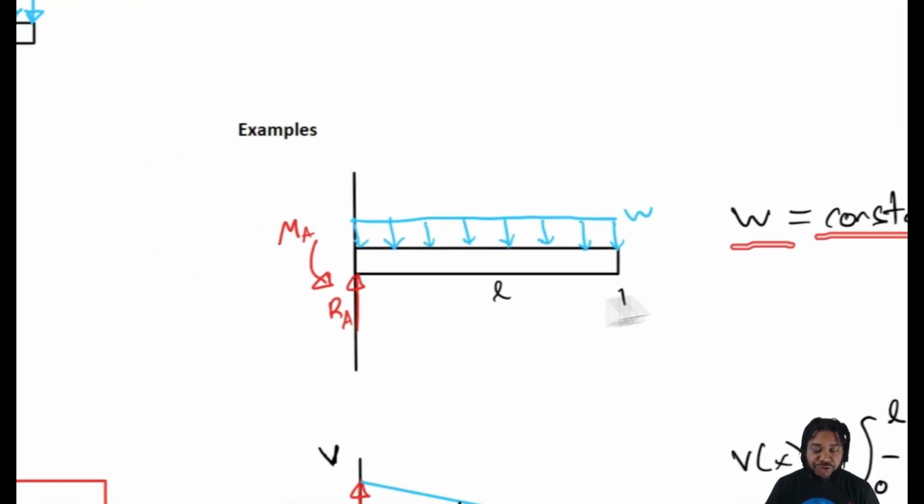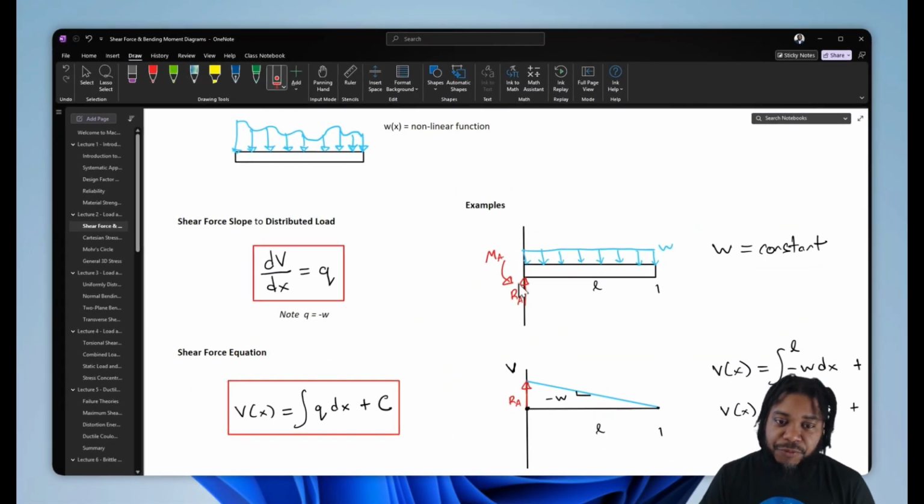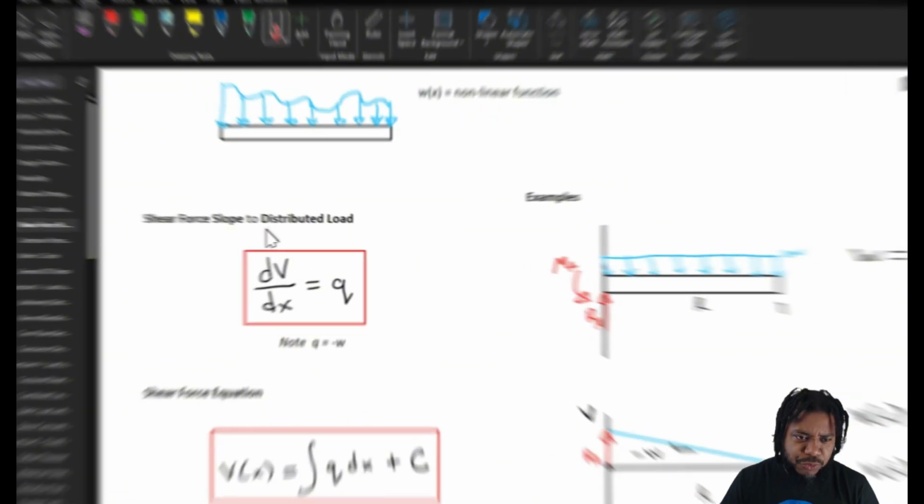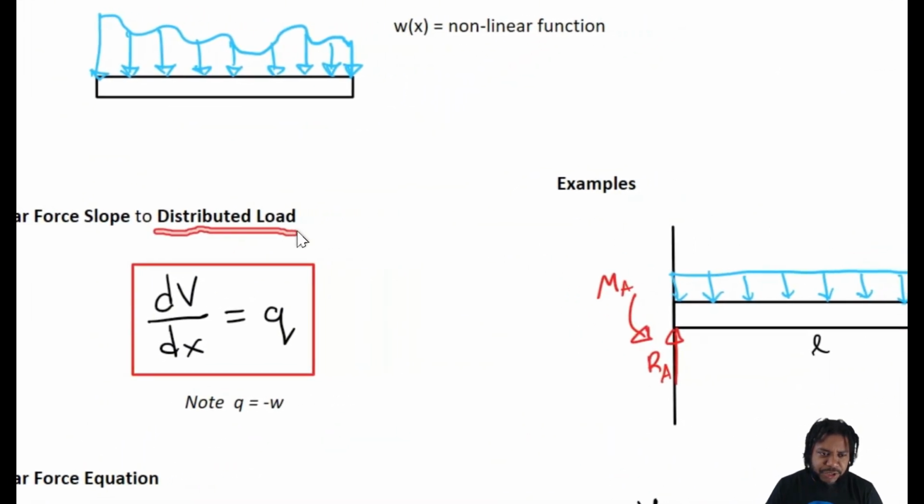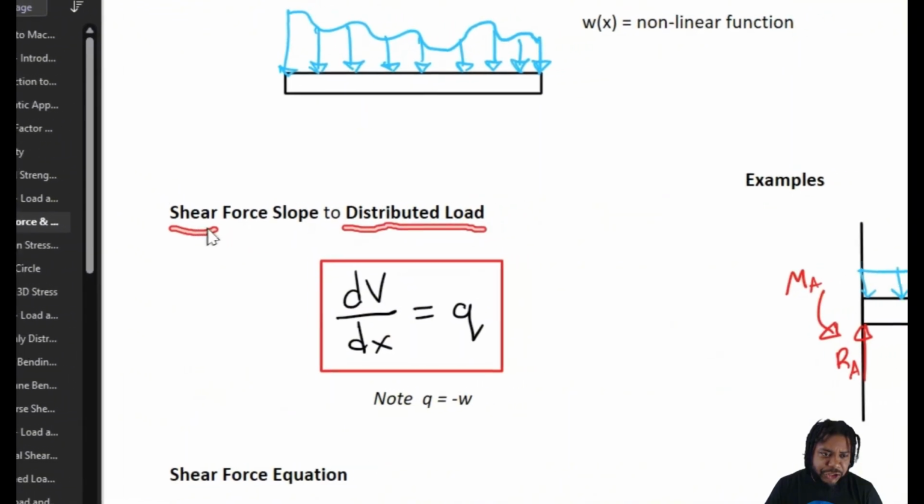That is a constant distributed load. It has some reactions at the supports, a reaction force, RA, and a couple moment, MA, where we replace the wall with the reactions, right? So let's start with the first equation, which is a relationship between our distributed load, W, and the slope of